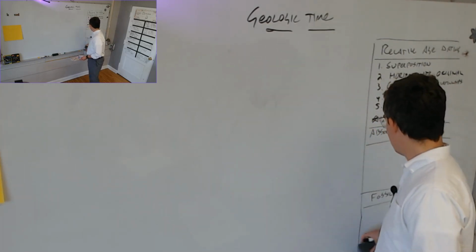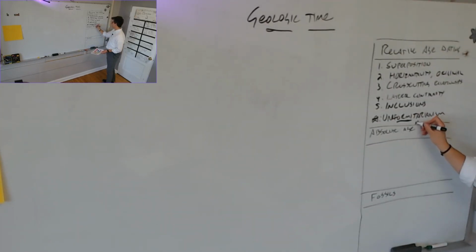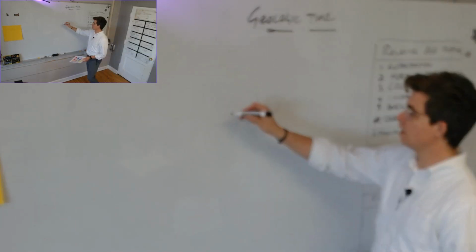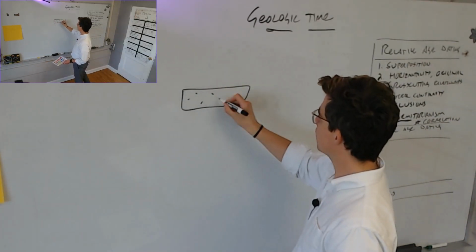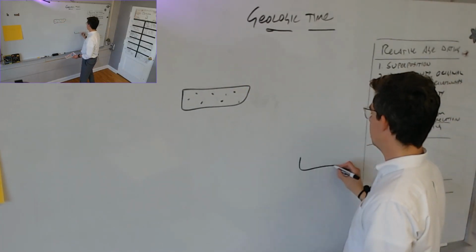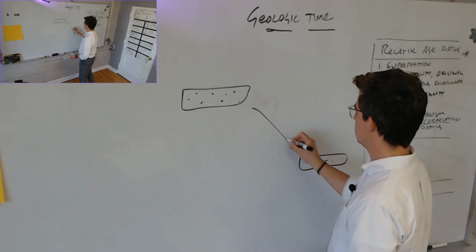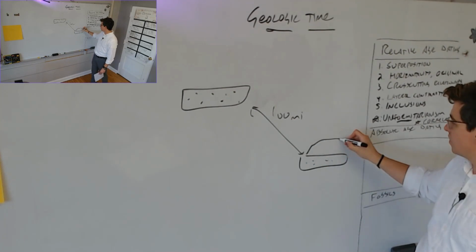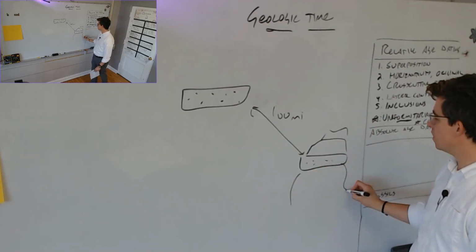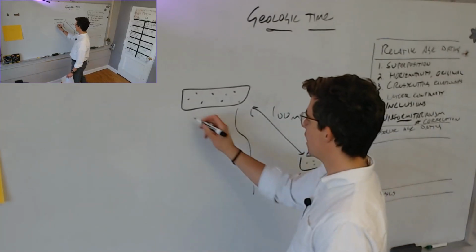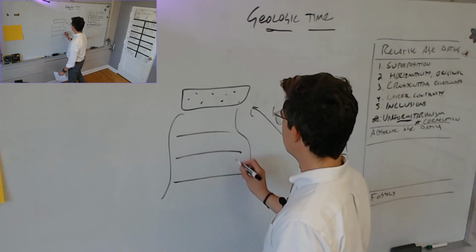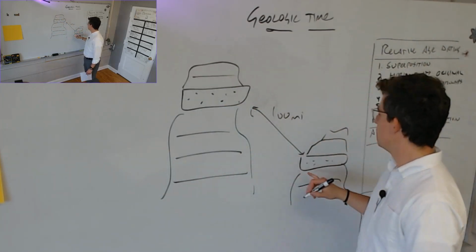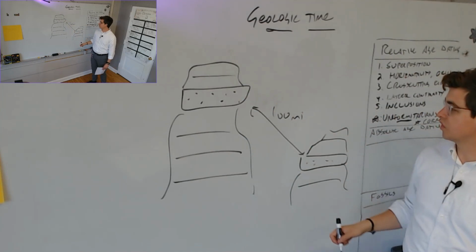Another one that I'll put as a star, it'll have to be kind of tiny because I ran out of room, is correlation. It reminded me of that because of lateral continuity. Basically, if I find this layer of rock here, and 100 miles away I find another layer of rock, even if it's below it, and when I say below, I mean stratigraphically lower in elevation, if I find the same layer of rock in 2 different places, for instance,